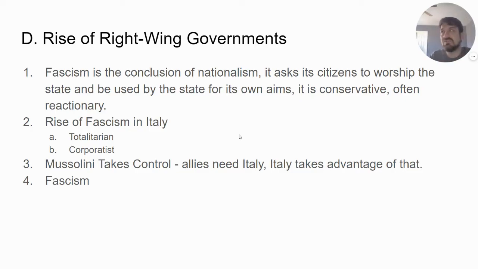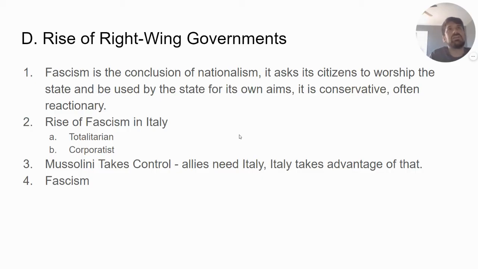Okay, so the other thing that comes out of the interwar period politically is the rise of fascism and right-wing governments. So it's hard to nail down fascism. Some historians would say that the only fascists were Italian fascists and Nazis. Then any kind of attempt to connect them to contemporary neo-Nazis or white nationalists or things like that isn't quite accurate. I guess that's a way to see it. So let's just talk about it in this period we're talking about right now, the 1920s and 30s.